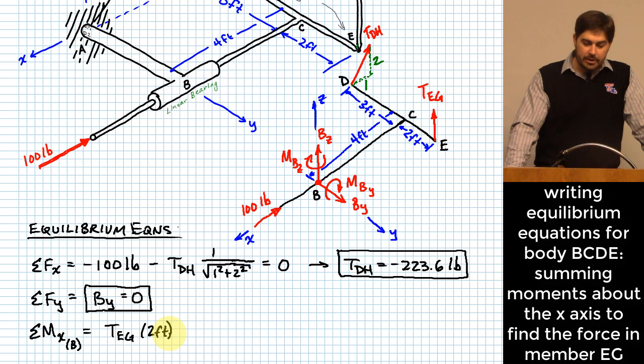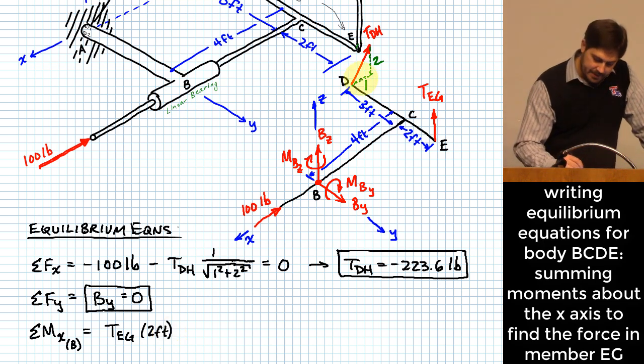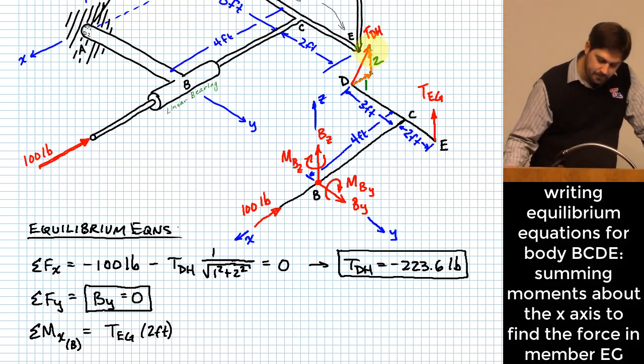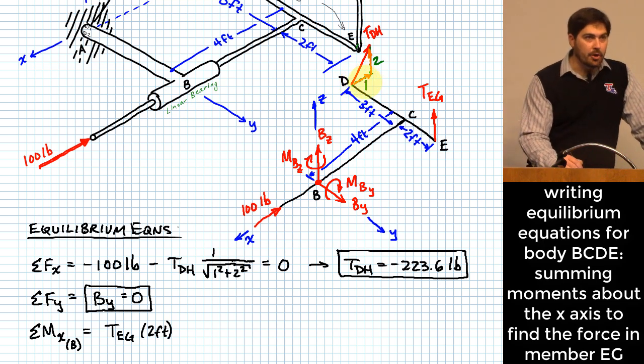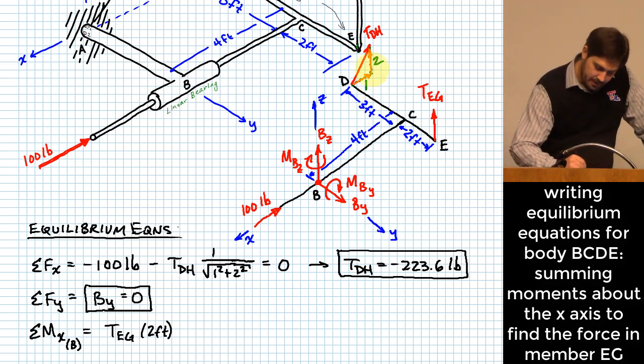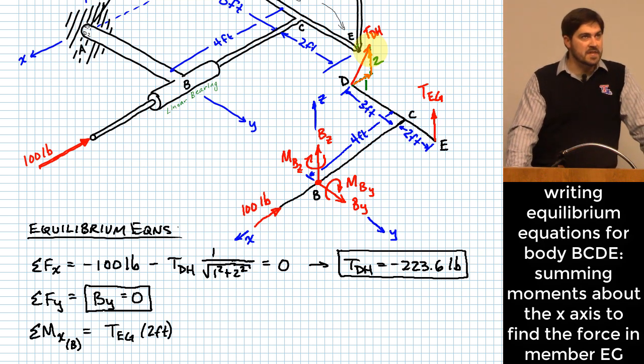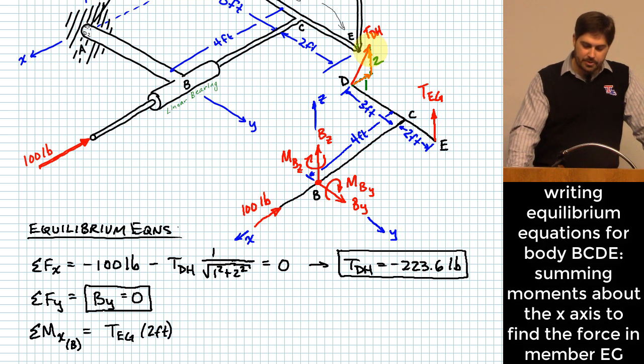The reason we only look at the vertical component is that you basically imagine this force being split into a component here and a component here, right? The component that goes along the x can't create a moment around the x because it's parallel with the x, so it won't create moments around the x. So only the one that is perpendicular, right, that z component essentially of TDH